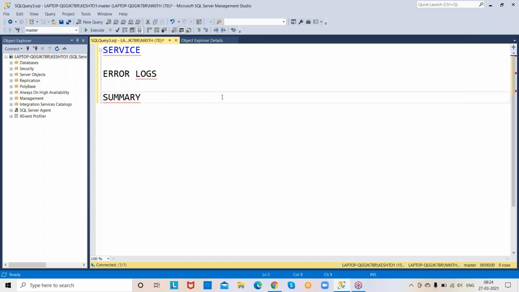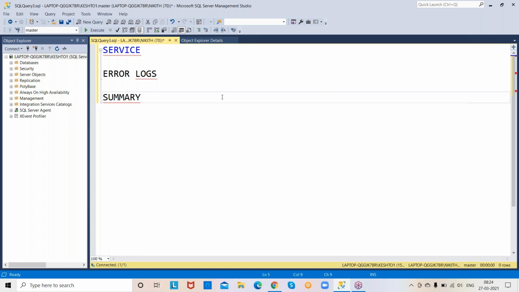Generally, some terminologies and some confusions will be there. We will try to avoid those confusions from the beginning. So coming to the next scenario.